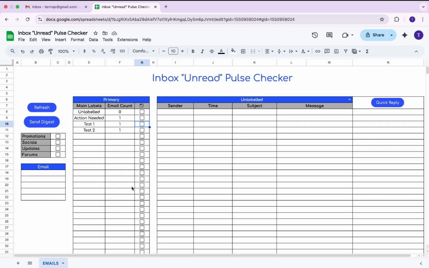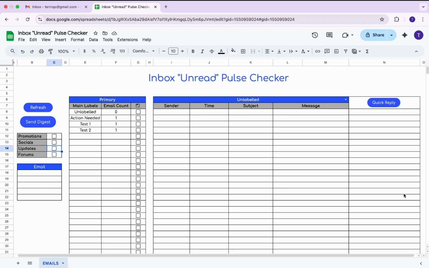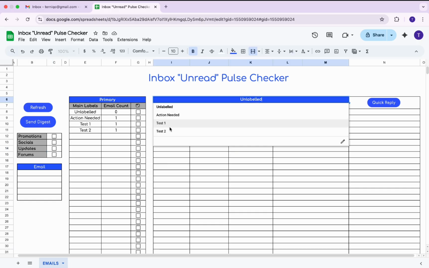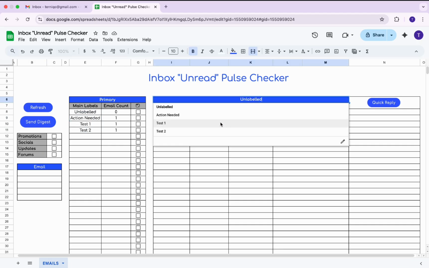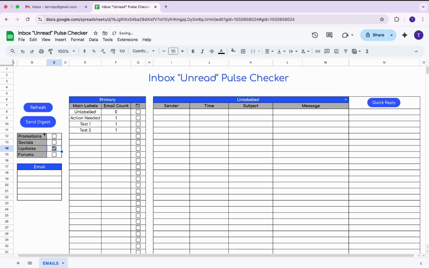Next we'll look at this unlabeled section here. This second grid we are seeing here is not actually labeled unlabeled. What you'll notice is that this is actually a drop down, which picks the options that have appeared in this main labels list here. Right now we have 4 labels. The first one is unlabeled, action needed, all the way down to test 2, and that's what is automatically picked as a drop down here. In case we did add another label as we had done previously, select updates